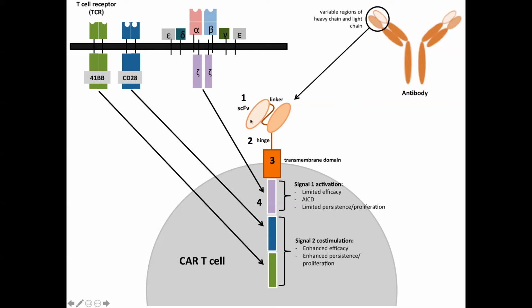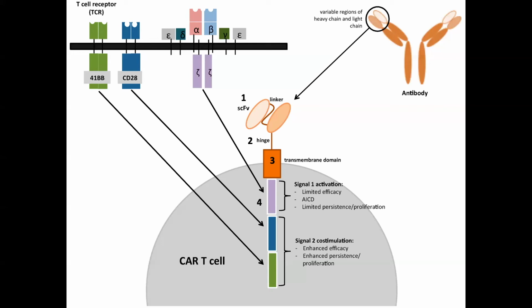Okay, for the extracellular antigen recognition domain, scientists took advantage of antibodies. We learned about antibodies, right? Because antibodies can bind to antigens through these variable regions, also named the FAB domain. So that antibody can bind antigen very specifically, okay? The 2 subunits of variable regions can be linked together artificially with this linker sequence, so they become a molecule called scFv, which means single chain fragment variable. Therefore, the scFv domain has the ability to recognize and bind to the targeted molecule or the antigen very specifically,